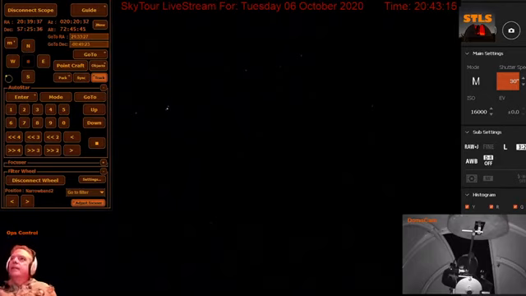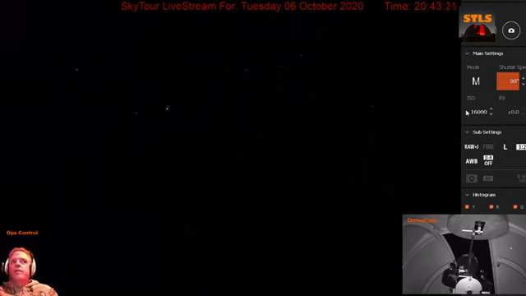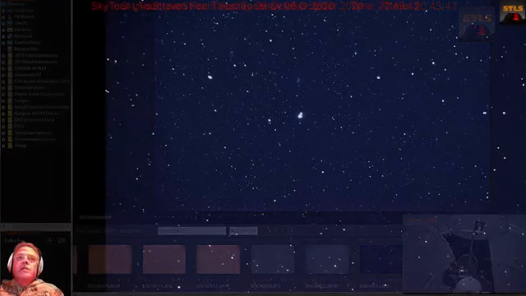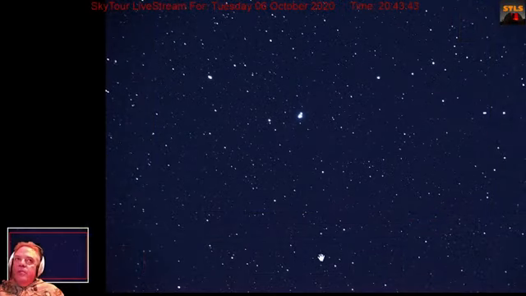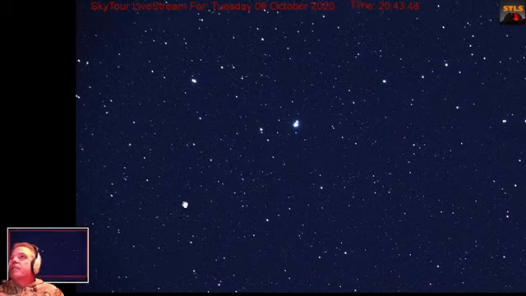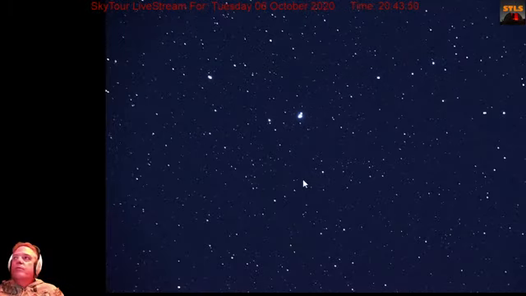So over here on the right, you'll notice that our camera is set to the ISO, or the speed, of 16,000, and we have a time of 30 seconds on there. Let's go up to the next one up and say 1 minute. This will be a test shot just to see what happens. So in that 1 minute, I can show you what we have seen before. Okay, this is our view that we looked at before. Not we, but me. This is the elephant's trunk region just a few moments ago.